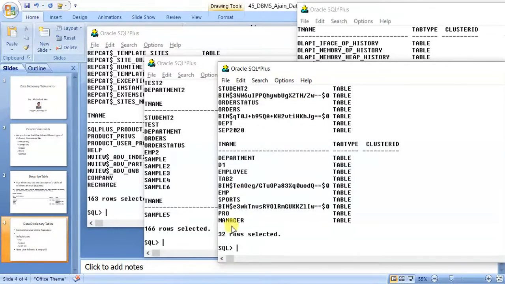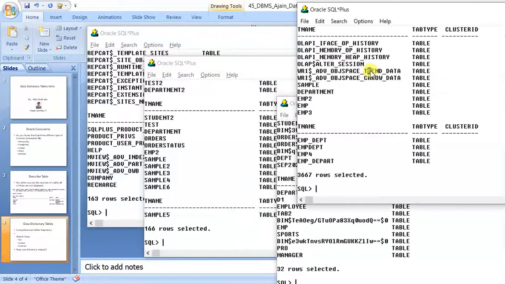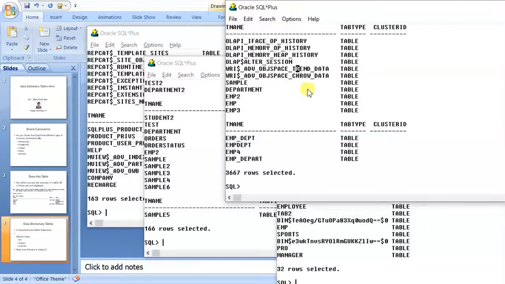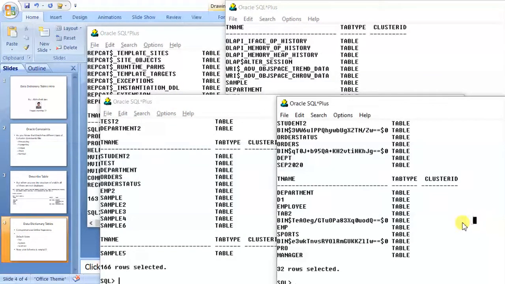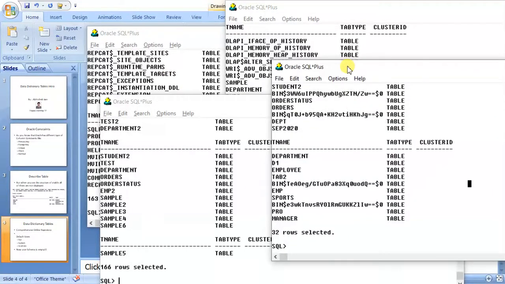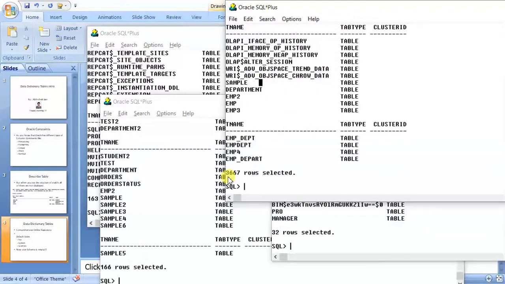You can see 32 rows selected. Oracle is very robust in this design, so you can open different windows, and you can even open a single user in multiple windows. We will see more of that in the transaction part, but right now you can see that it has 32 rows, while in sys there are more than 3000 tables.